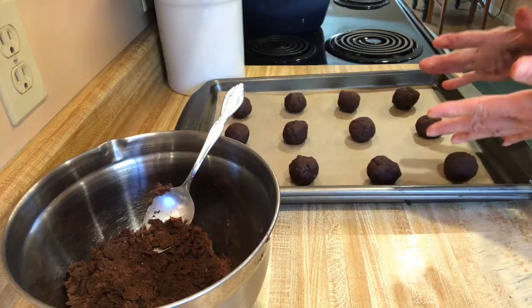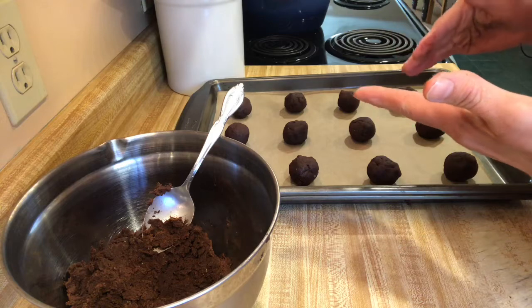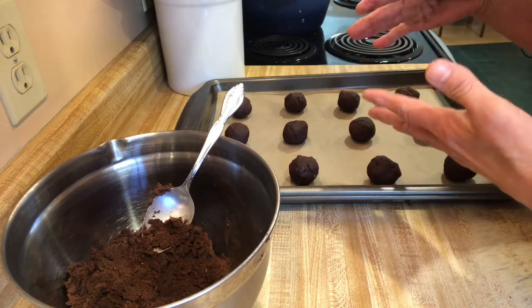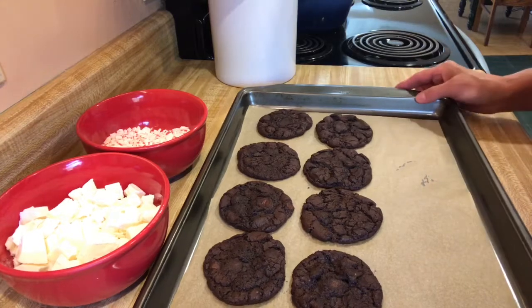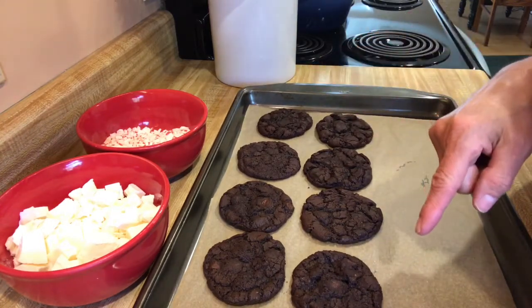I'm going to get those into the oven. I'm going to bake them for about 9 minutes, and I'm going to turn the cookie sheet halfway through so they get evenly baked, and I will bring you back when we start putting the chocolate on them. Okay, the cookies are all baked and cooled off, and now I'm going to start dipping half of them in white chocolate